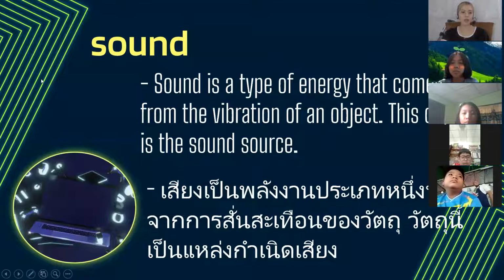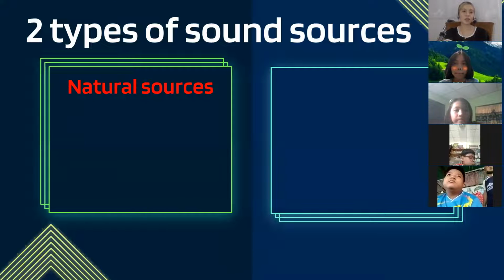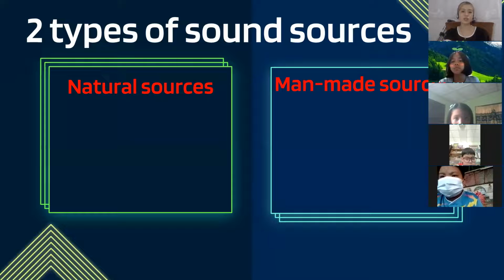What are the two types of sound? There are two types of sound sources, I should say: the natural sources and the man-made sources. Class, when we say natural sources, these are the sources that produce sound from nature or